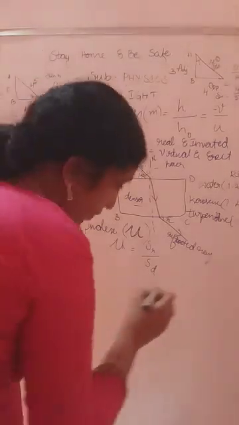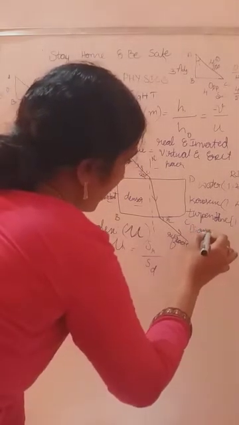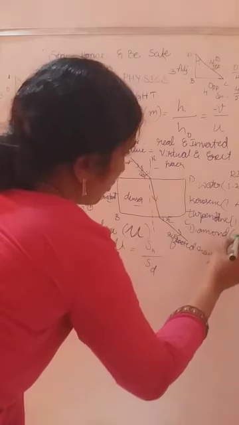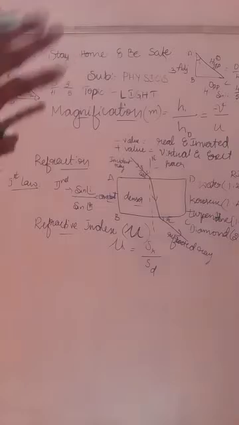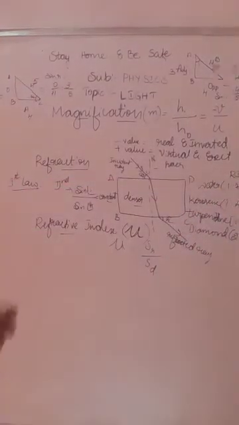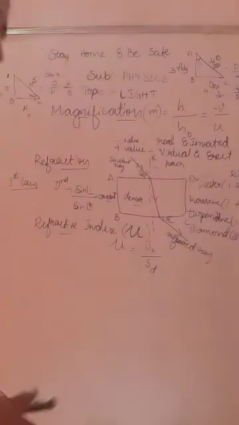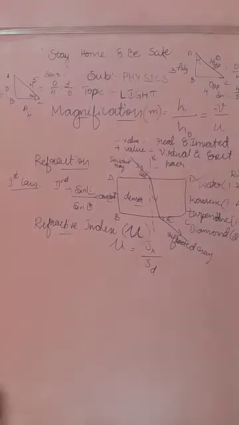Then diamond, as you know well, right? Diamond refractive index is 2.42. So in this you can assess which media has the lowest refractive index, that is water, right? So the speed of the light in water media is very high, more compared to these. But the speed of the light in a diamond is very less. That thing you want to understand.